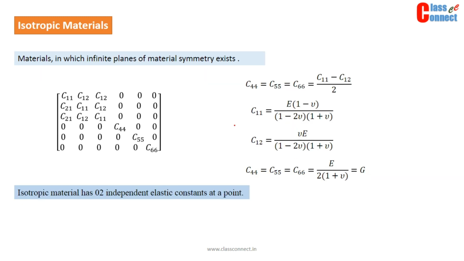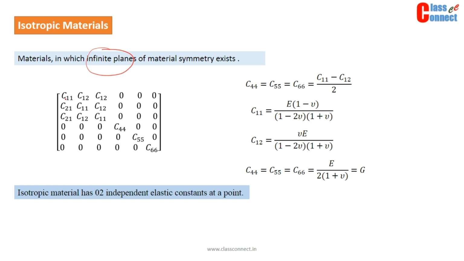So now coming to the simplest and most common material, isotropic, and steel is an isotropic material. In this we have infinite planes of symmetry. That is why, if you take one particular specimen and cut in any direction, the symmetry is there, and that is why the values of elastic constants are the same everywhere, in any direction.